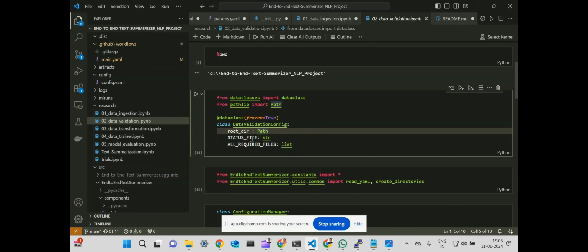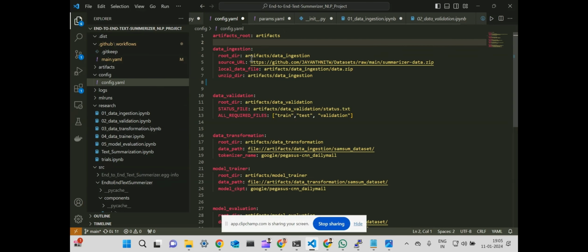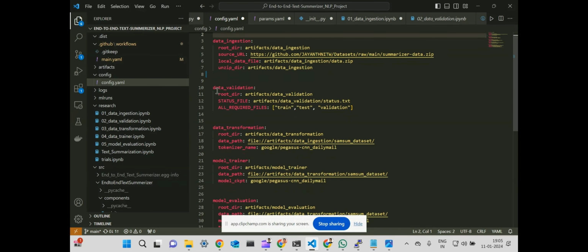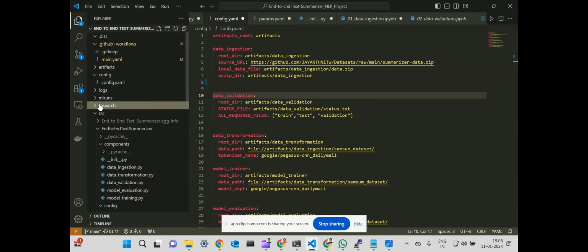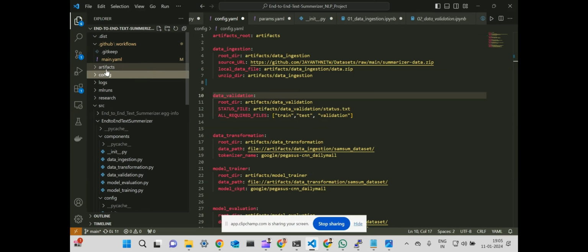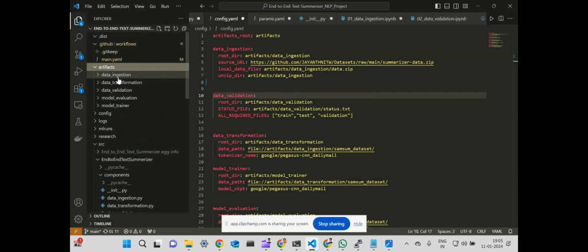Why have I created it in this way? Because first I have updated the config.yaml. You can see here the root directory. First the root directory is artifacts. Here you can see the artifacts folder. I think it is not confusing. See, artifacts. In that, first we have done the data ingestion, right? The data ingestion part. After running the data ingestion part,